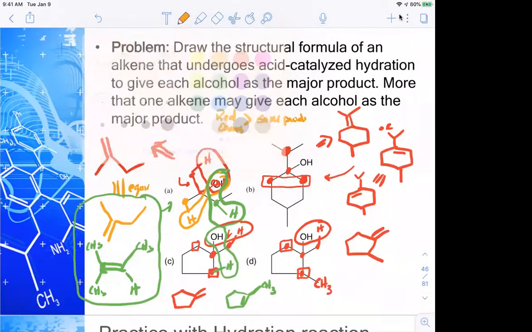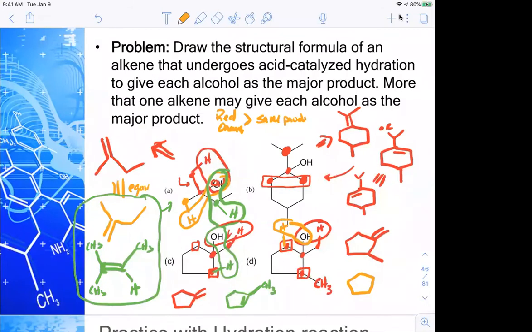I could get rid of this water molecule, and what I'm going to end up with is this, or I could get rid of this water molecule, and what I'm going to end up with there is that alkene. So this is a little tricky. You have to play around with it. You have to really think about what's happening as I go forward